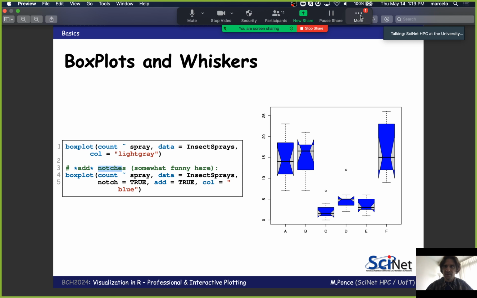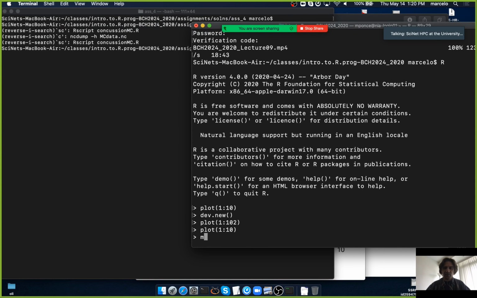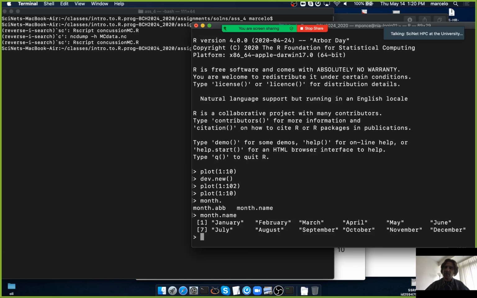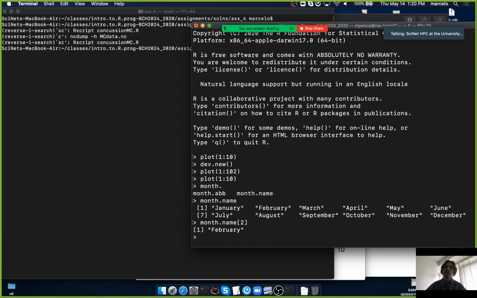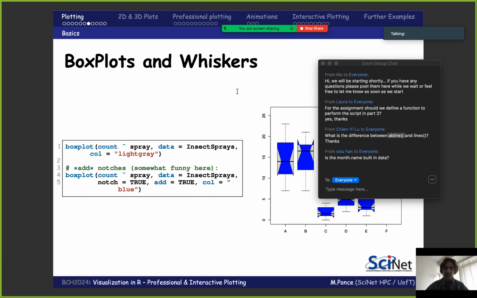And I think I have a question in the chat. Yes, that's right, Sisu. The month name is a built-in function in R. You can use it. It should pop out right away. So if I show you month.name, it's right there. Basically it's not even a function. It's a data set. It's the set of names, and what you can do is slice this with whatever number, so you can pick that directly from there. Okay. What else?